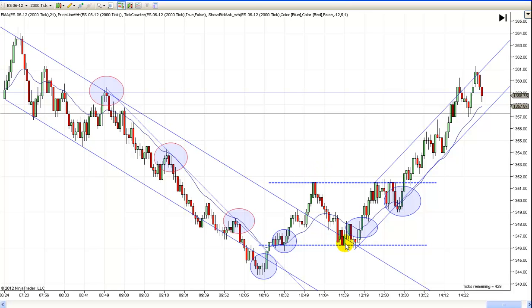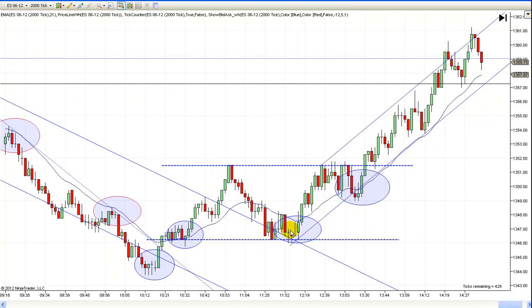And then this was all the correction we had, just a test of the trend line, a test of this double bottom, and when it held again, this was a great place to go long. And you could have actually gone long. Let me move this down a little bit. You could have actually gone long right here, but it was a little bit risky